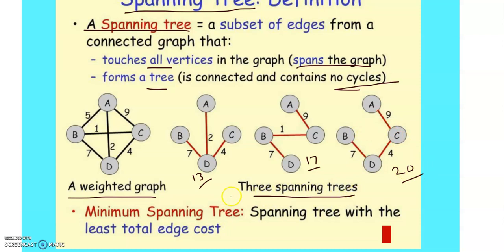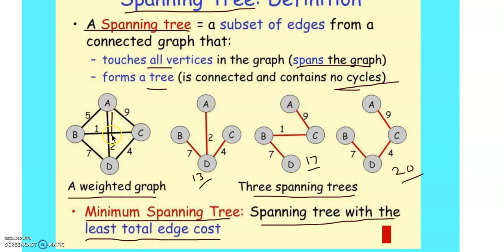But what is the next definition? That is minimum spanning tree, which means spanning tree with the least total edge cost, with total weight of the edges. Okay, now you see here 13, 17, 20. But is this the only minimum spanning tree? No, actually this is not even minimum spanning tree. Yes, we can find some other. You see here